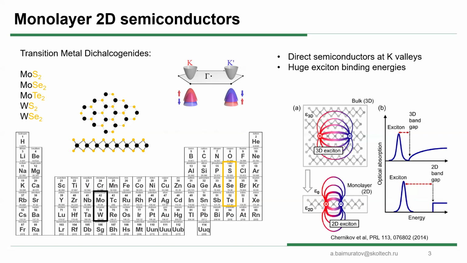Why are excitons good in such systems? Because they have huge binding energy. It was especially huge in the beginning. It started from, I would say, 500 meV or more. And now I think it has stabilized around 100 to 200 meV. And I believe the truth is more like 100 to 200. So it's less.